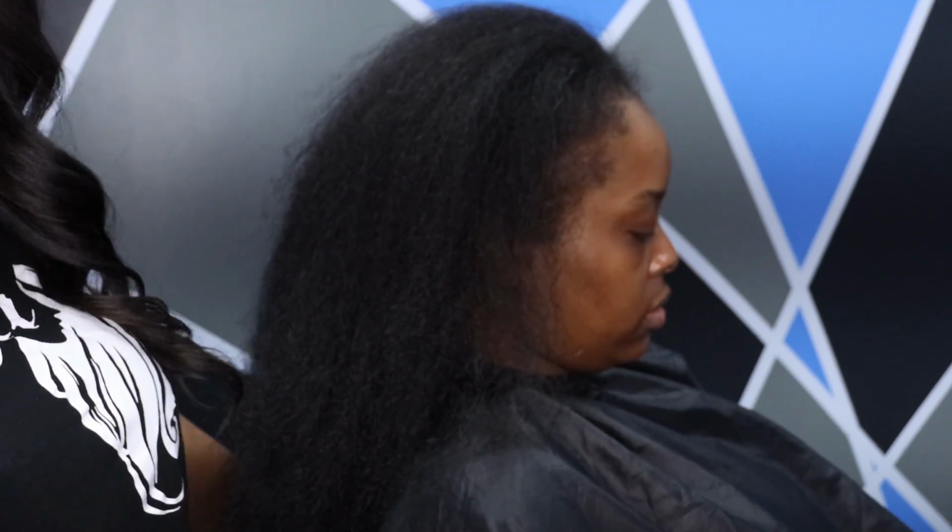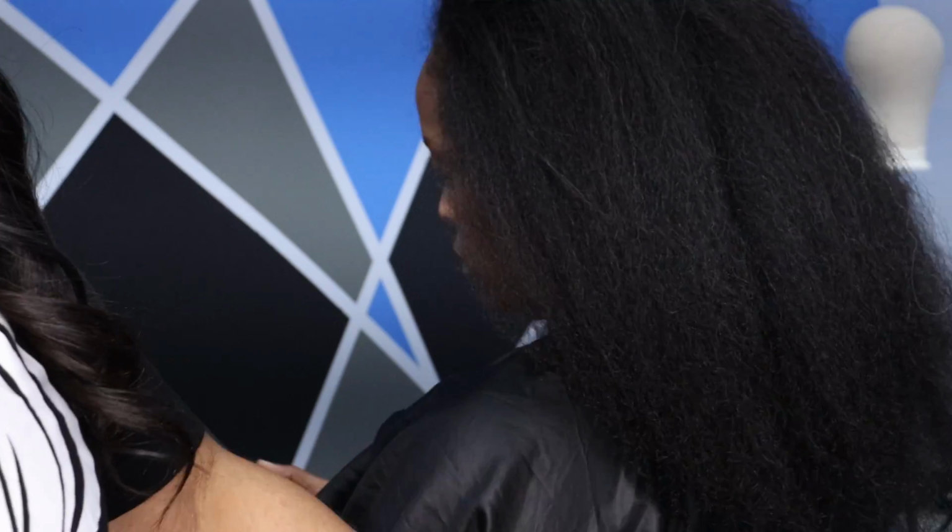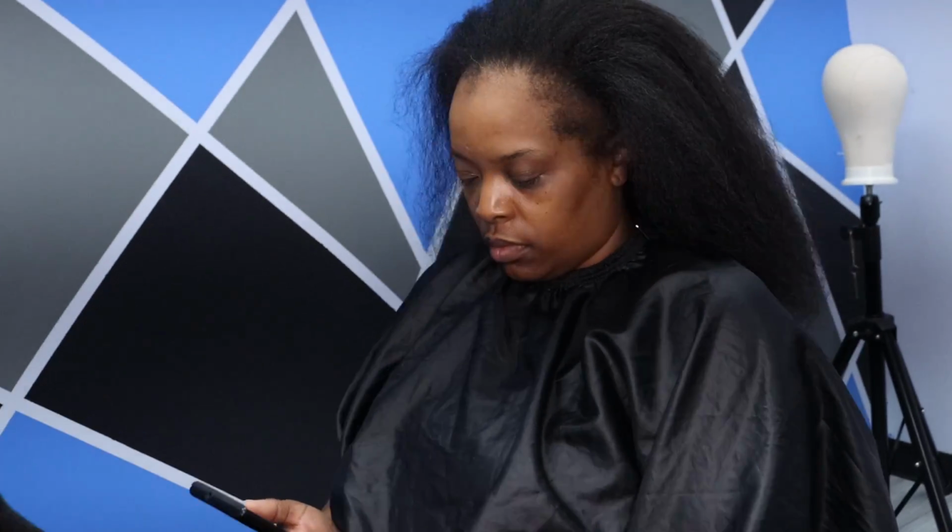And I'm back with another video. This is going to be on another pin curl ponytail, but the difference between this one and the other ones